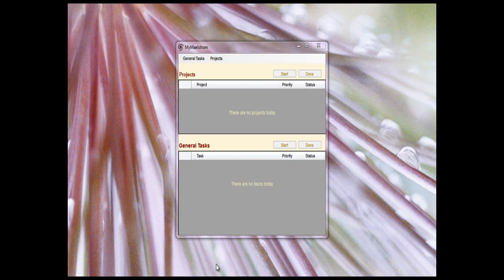Hi everybody! Today I'm excited to show you all MyMaelstrom. This is a project that we've been working on off and on now for the past year, and it's finally ready to show off. Now MyMaelstrom is a time management / productivity software designed to help you get more done